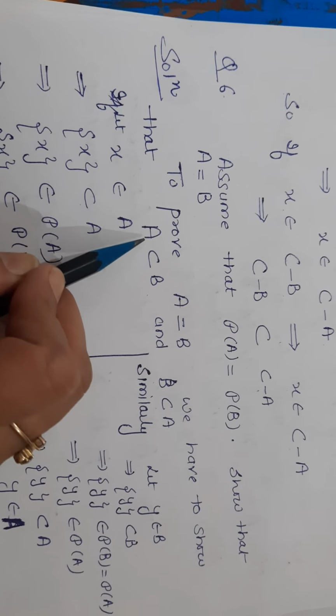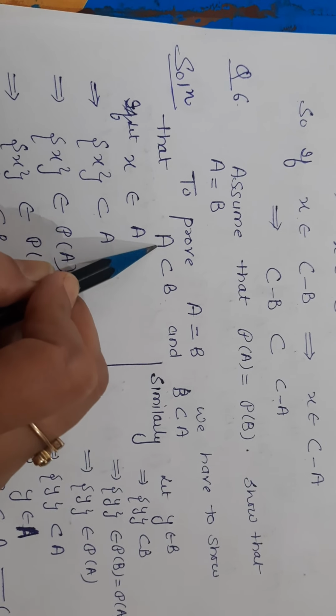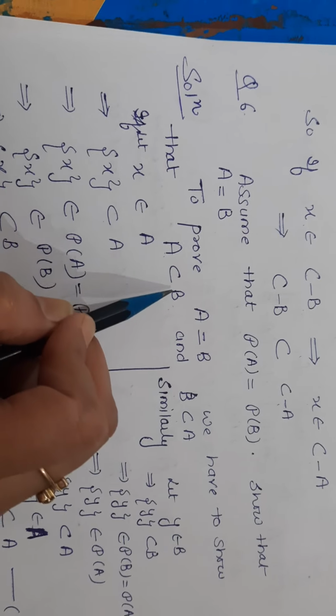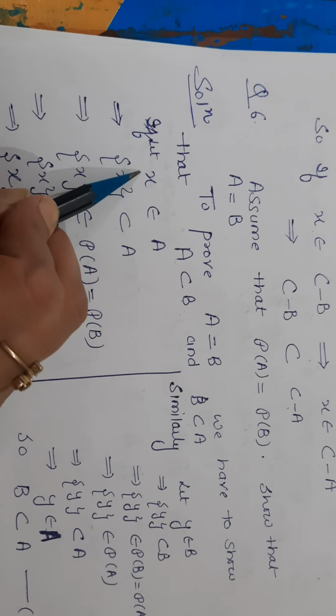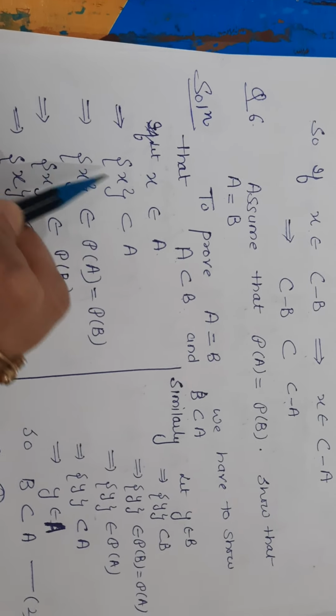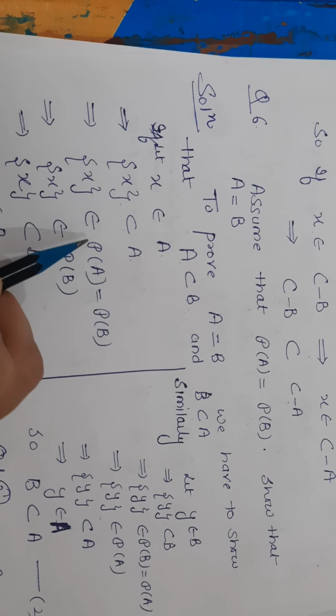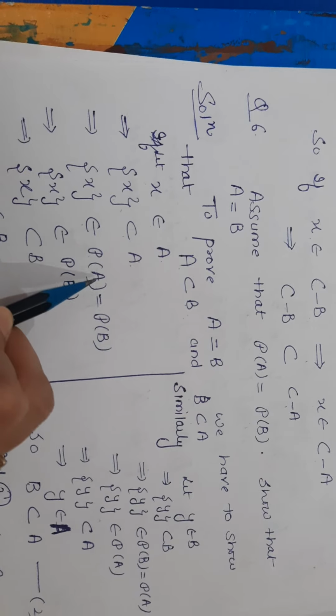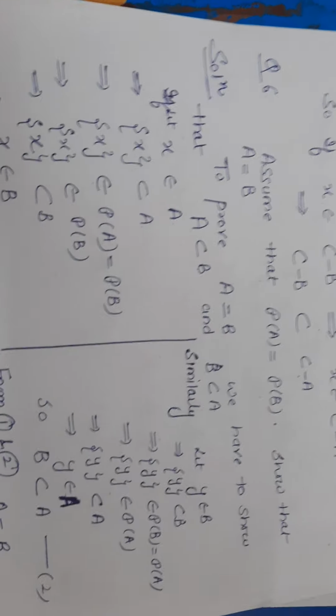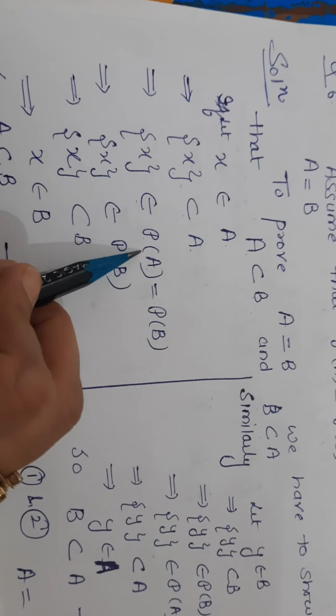Now first we are going to prove A is a subset of B. So we take any element here and then we are going to show it also belongs to B. So let X belong to A. So that means this singleton set {X} is a subset of A. All the subsets of A are elements of the power set of A. We know that the power set of A is the collection of all subsets of A.